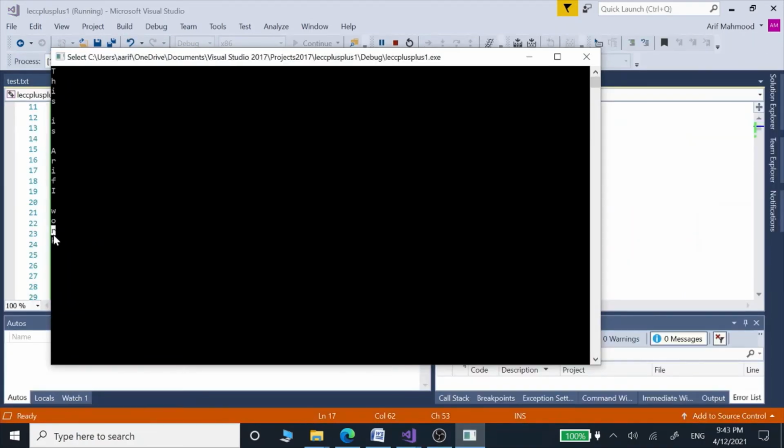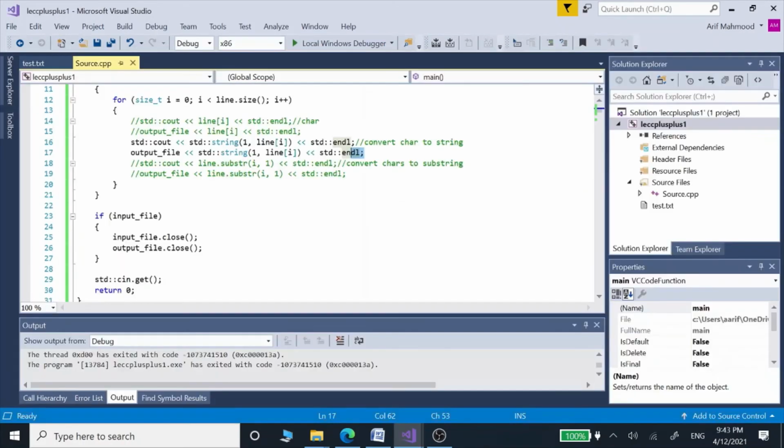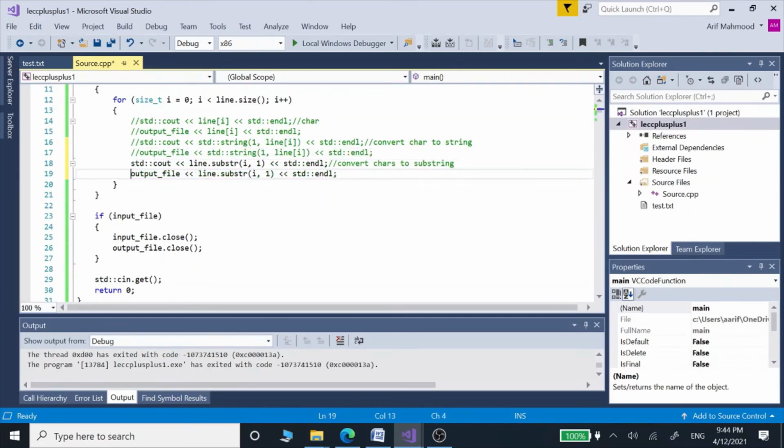Now we see that these are single letters, but their type has changed. Now I am going to show you the code lines which you can use to convert those characters into substrings. Since our substring example is very simple, I am just going to show you what kind of coding would be there so that you can become familiar. I am going to put 1 here again, so that would be a one-letter string or one-digit string.